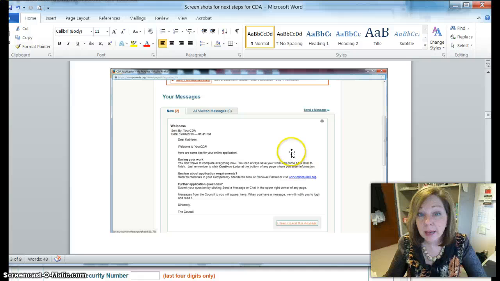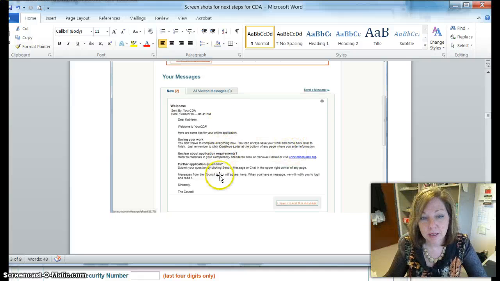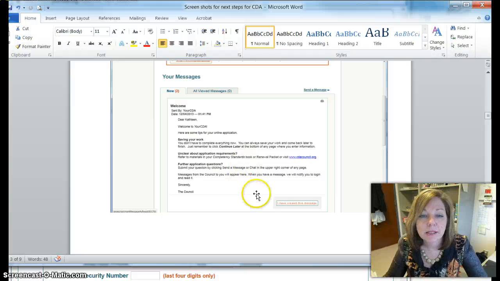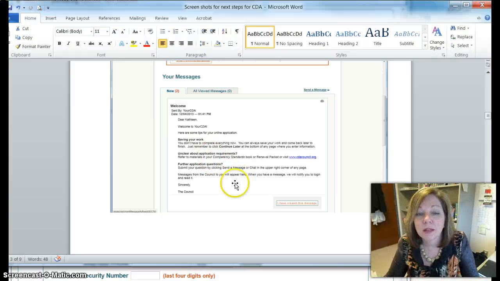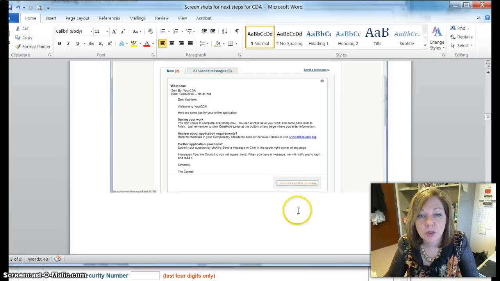After I did that for the first time, I got this message back saying, yes, it's been successful. We've got a couple of messages for you. Here are some tips for your online application. You don't have to do it all at once. You can do it a little bit at a time and save your work. You have to click this thing at the bottom that says, I've reviewed this message, so that will let you